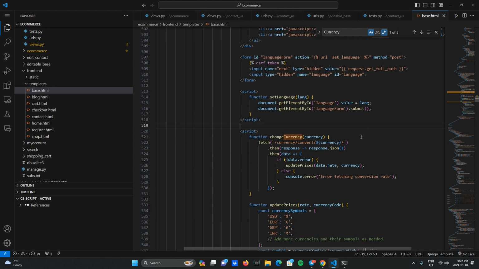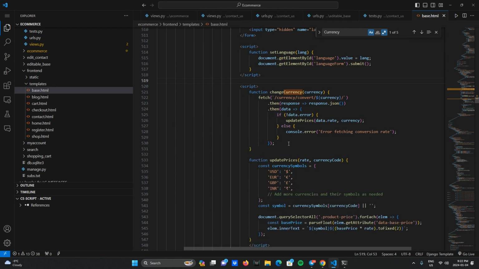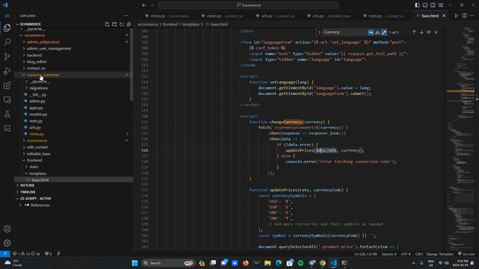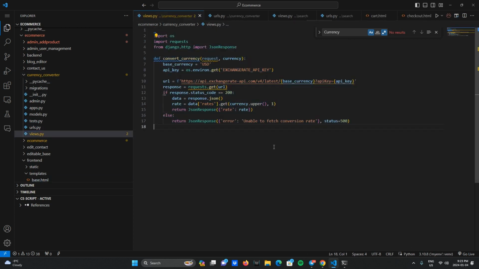So now I'm trying to explain what these two important JS functions do. The first one is the change currency function, which takes the currency argument, and we're trying to fetch this URL pattern. What is this URL pattern? Currency slash convert. This is the URL pattern of the view which we already wrote inside our new app, called currency converter. If we go to that currency converter here, we're going to see this view,